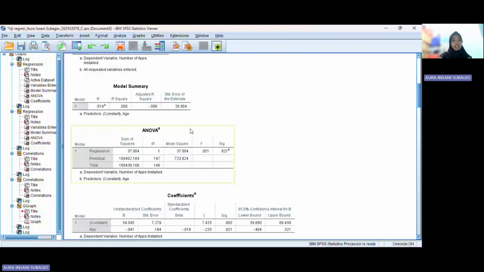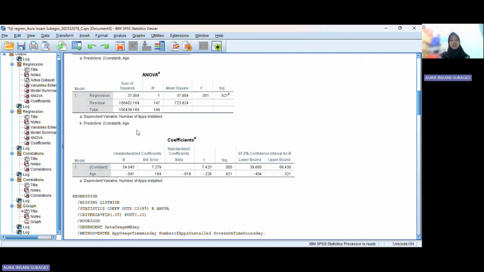So the model summary shows how well the regression model explain the relationship between the variables. The R-square value indicates how much of the variation in data usage can be explained by the number of installed apps. A higher R-square means the model fits the data better.